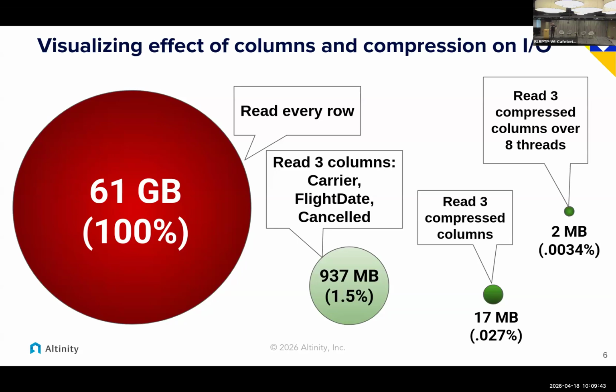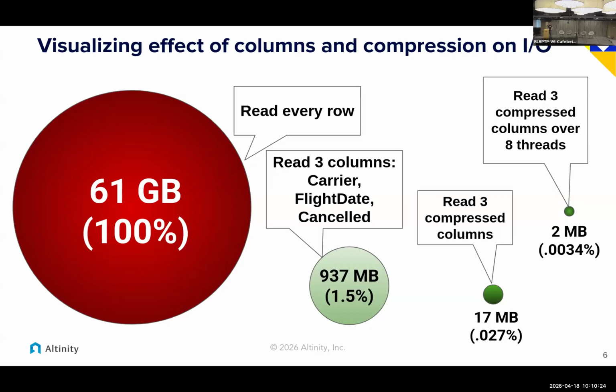So this particular data set that we ran that query on, if we had to read every column of every single row, it's a 61 gigabyte data set. And if we were using something like a traditional OLTP database, in order to run that query, we would have to scan the entire database, all 61 gigabytes, which would take a lot longer than 0.6 seconds on EBS storage, right? But because it's columnar and because our query only touched 3 of the 109 columns in that data set, that then reduced the amount of data that we needed to scan from 61 gigabytes to 1.5% of that, 937 megabytes. And then because ClickHouse can scale horizontally, we were able to then distribute that to 8 different vCPUs,